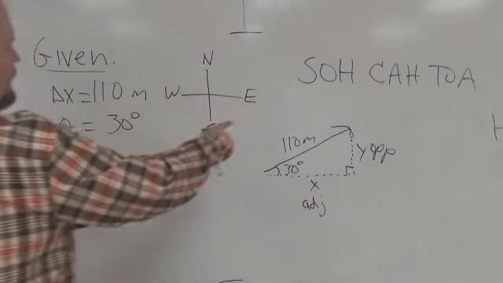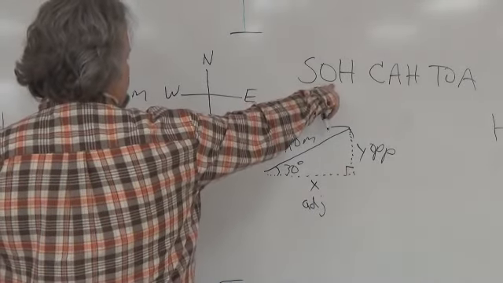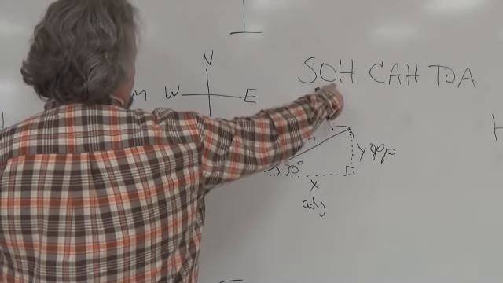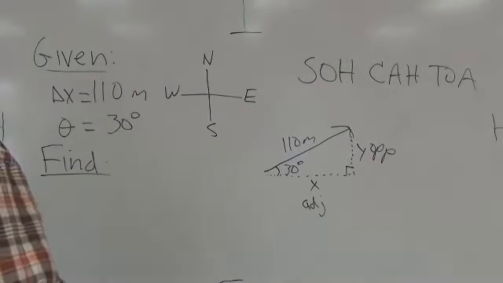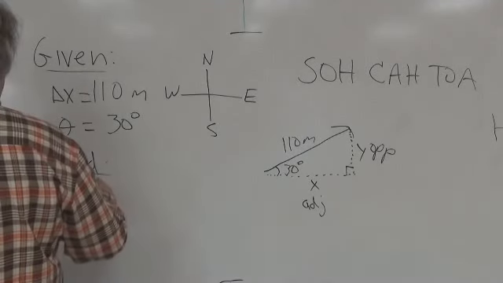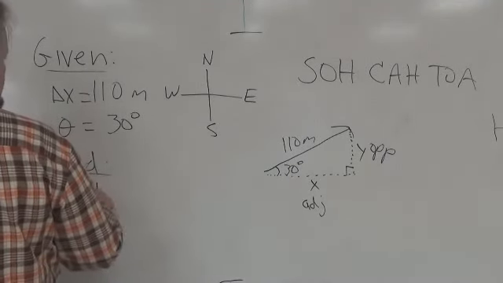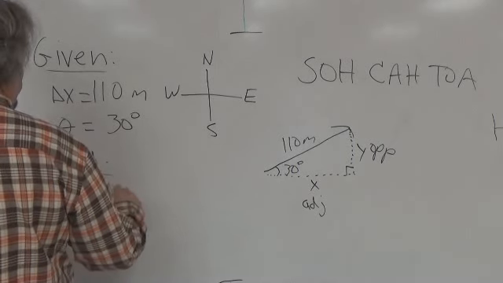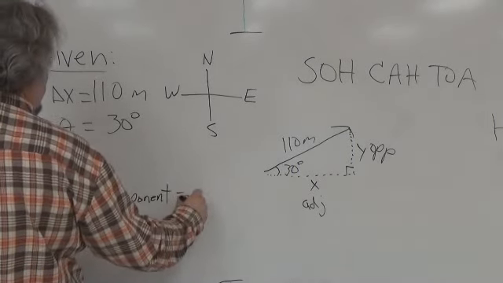Okay, so quickly we found it. It's got the opposite in it. Alright, so we can use that formula. So we want to find the y component. So the y component equals,